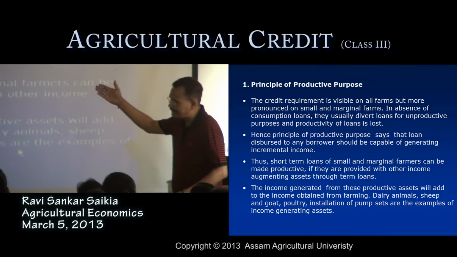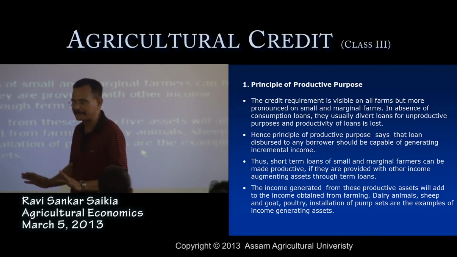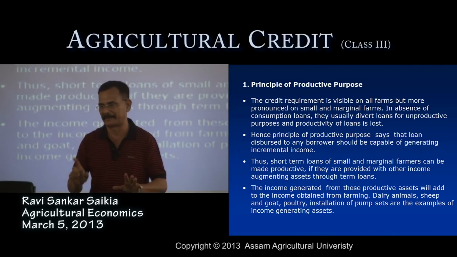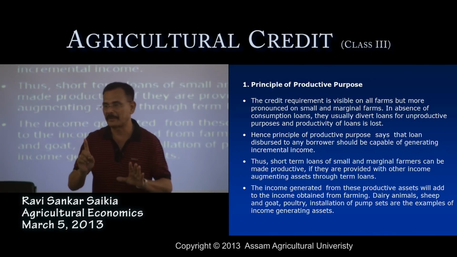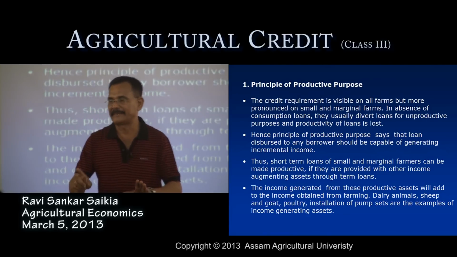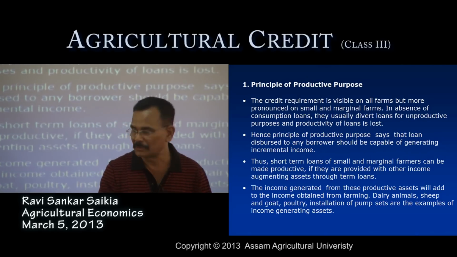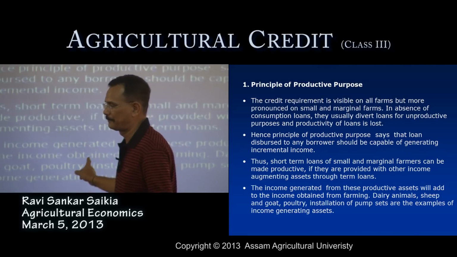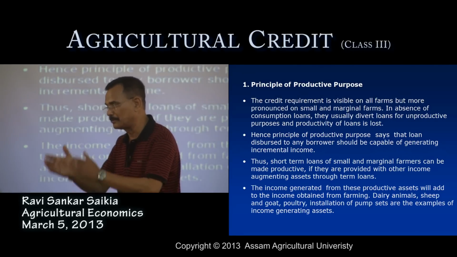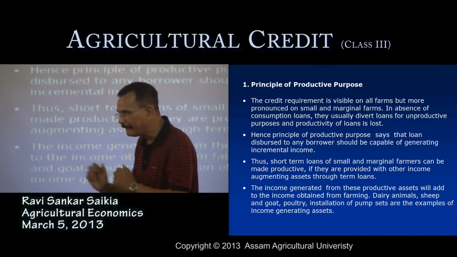So, in the absence of consumption loans, and I have already discussed that consumption loans are essential, I will discuss later why it is necessary. Because marginal and small farmers, to meet their cash requirement or cash demand in their day-to-day life, generally try to divert some amount of credit as consumption loans. So the banking organization now looks at that particular point also, to give some amount of loan that farmers may use for consumption, as well as to maintain their day-to-day or daily life.